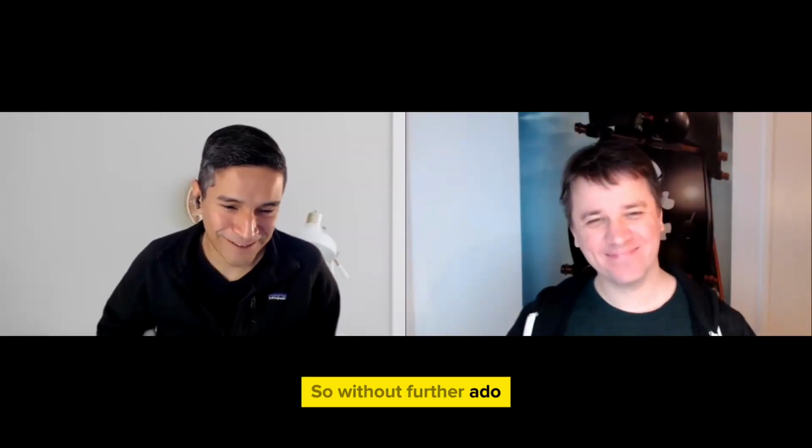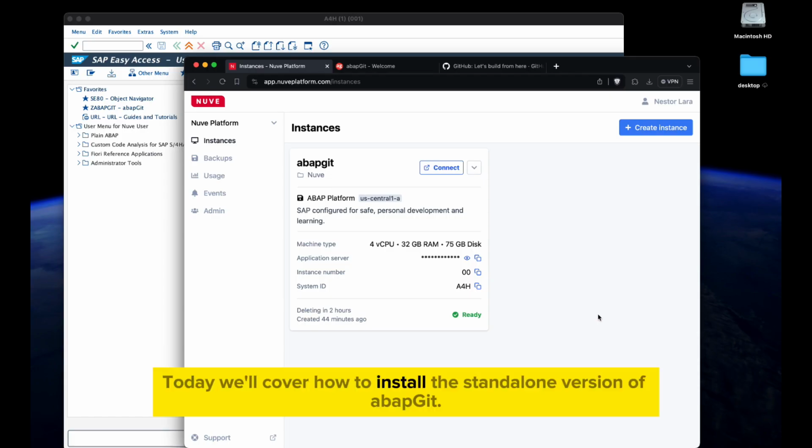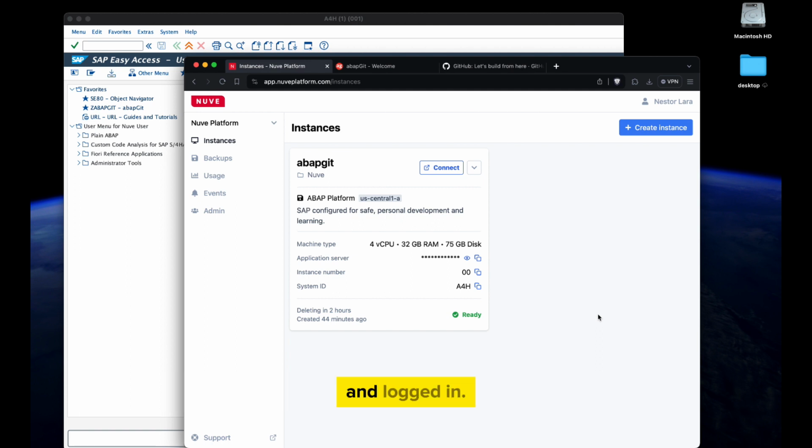So without further ado, let's get into how do you actually install abapGit. Today, we'll cover how to install the standalone version of abapGit. I've already created an SAP instance on Nuvei platform and logged in. Next, we'll go to the abapGit website,